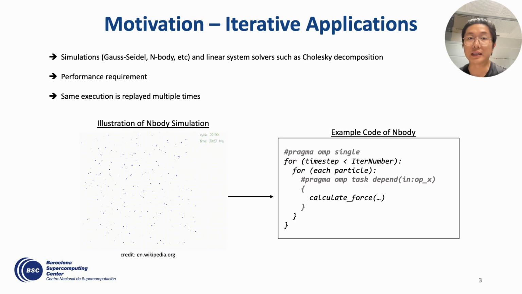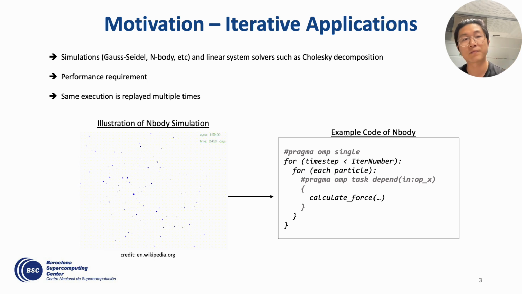Another example is iterative applications. I'm showing here an animation of an N-body simulation taken from Wikipedia. And the idea is the same as the adaptive optics. That is, these kinds of simulations have high performance requirements because they need to be computed hundreds, even thousands of times every second. And also,